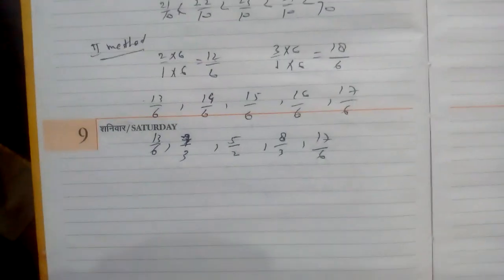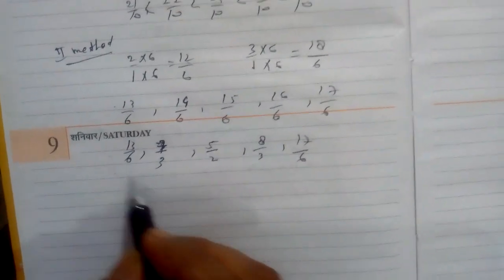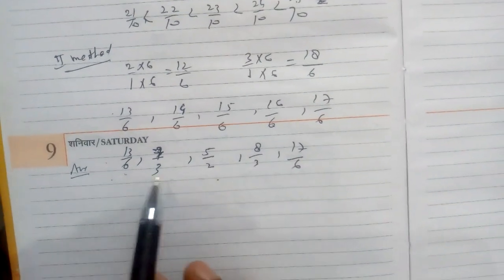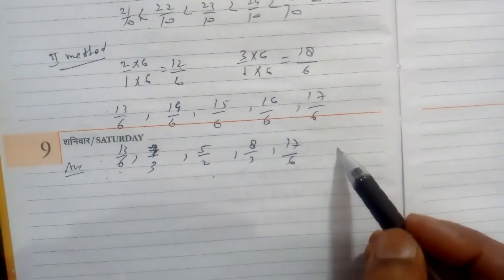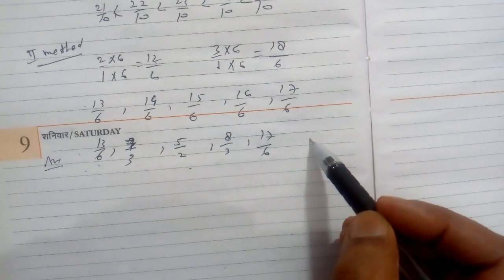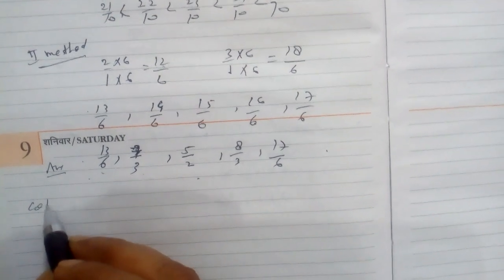Co-prime, what do you want? Co-prime. I told you yesterday, co-prime numbers: simplest, lowest term. That is your answer. In increasing order you have written 1, 2, 3, 4, 5, and you are getting a number. So here the lowest term must be there. So what is the co-prime number?